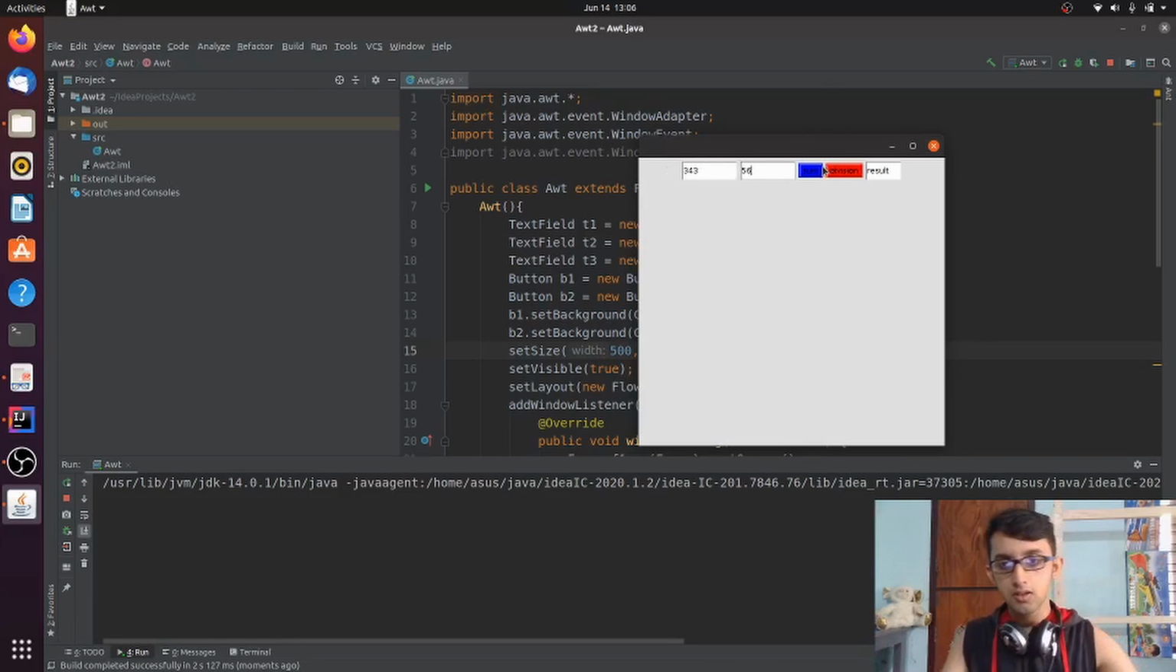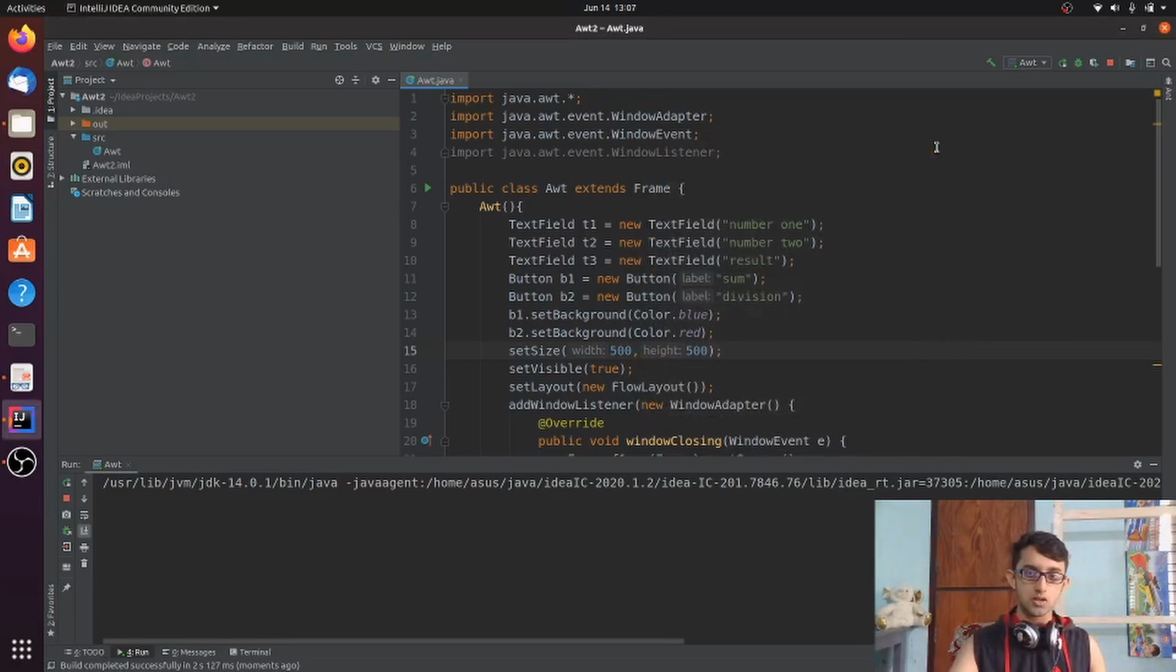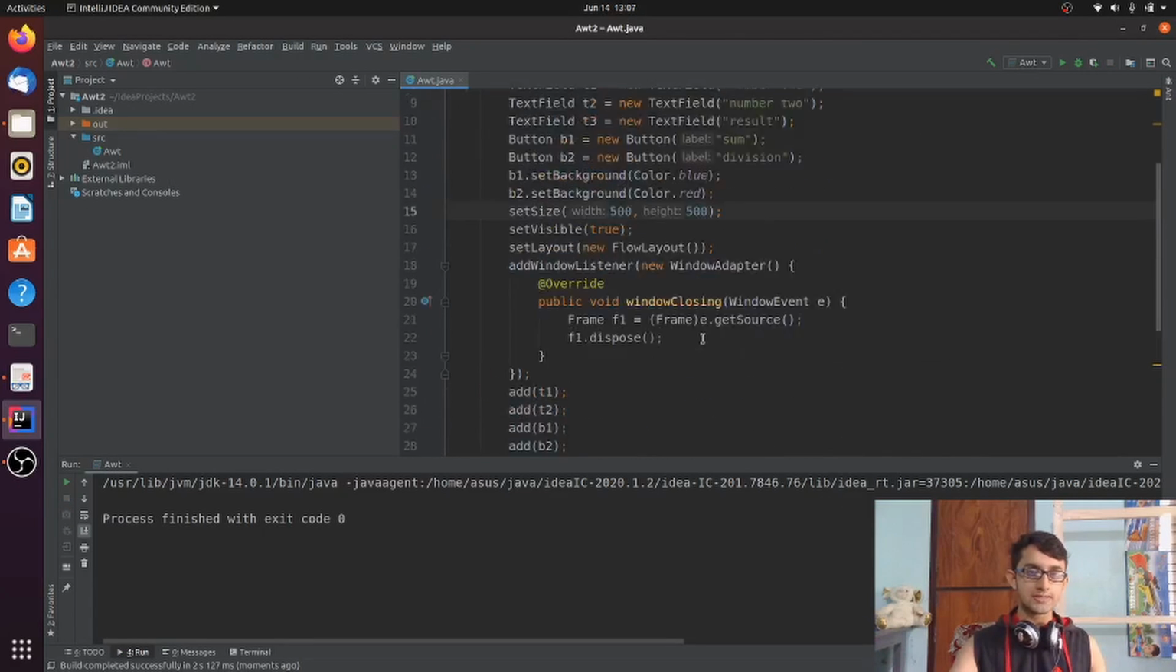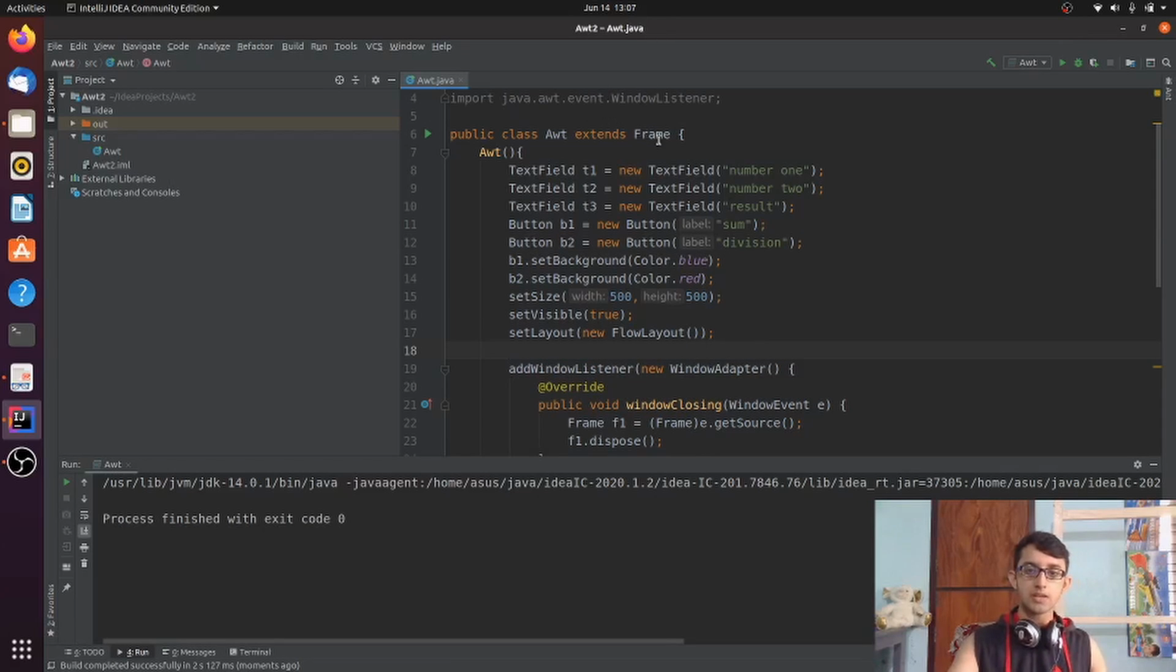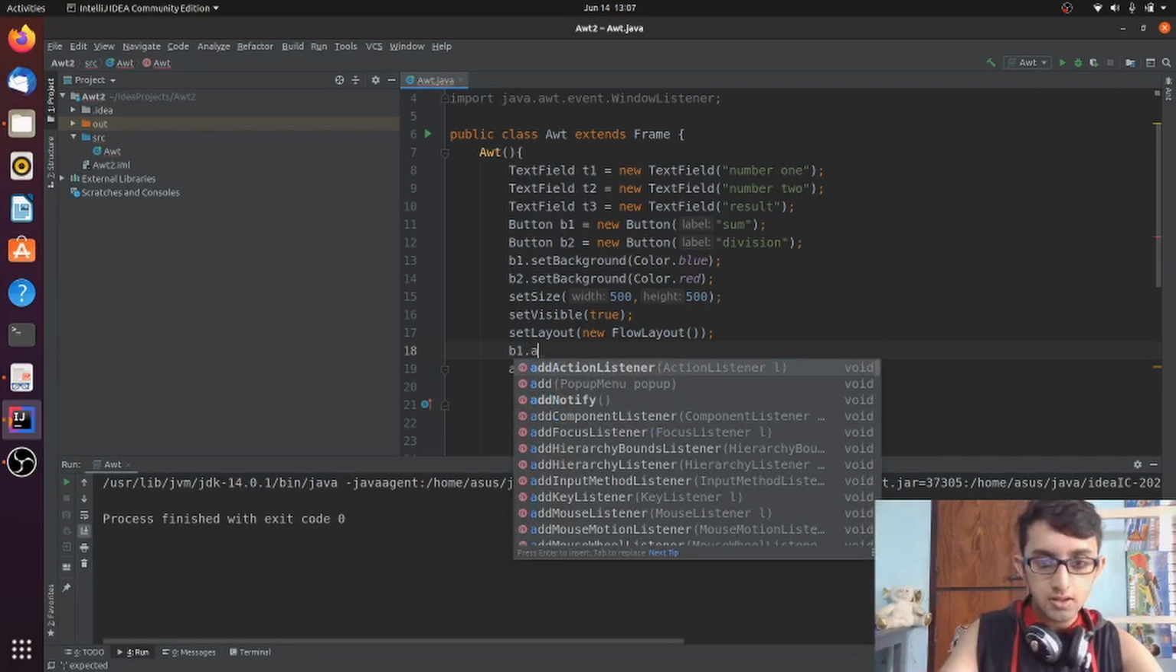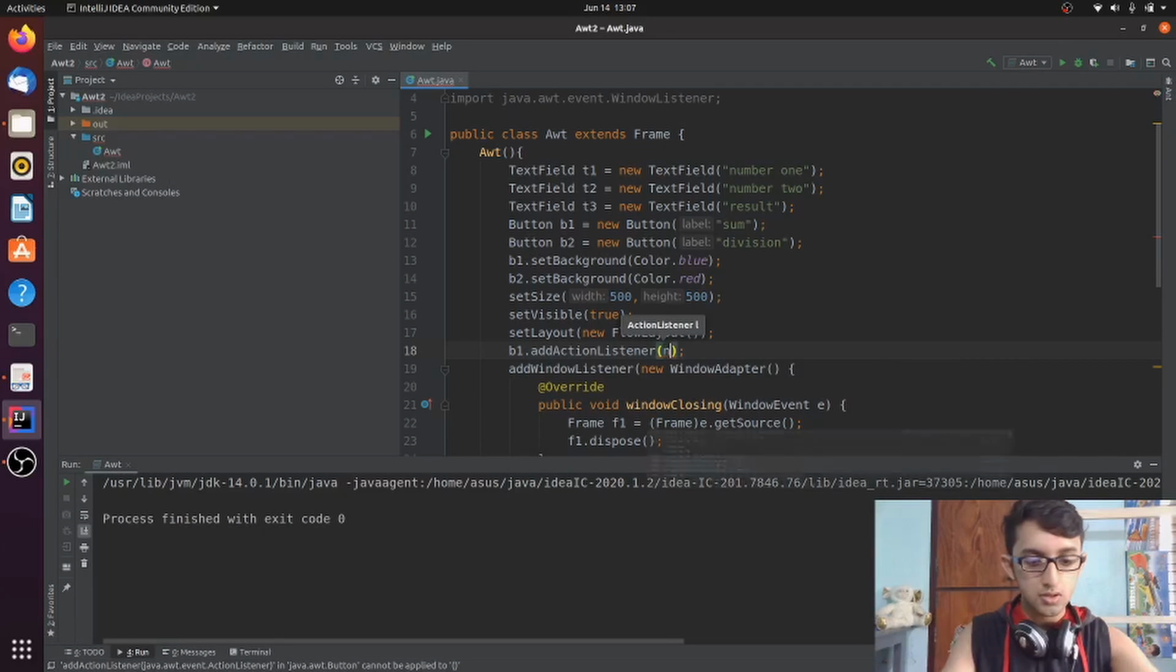and when you click on this, nothing actually happens because we haven't given a function to it. So let's give a function to it. Let's add a listener to it when the button is clicked. It's similar to how we did the window listener, by using something called an action listener. Since it can be extended, or implemented, we'll use an anonymous class, which is the easier way to do it. So let's say b1 dot add action listener, and